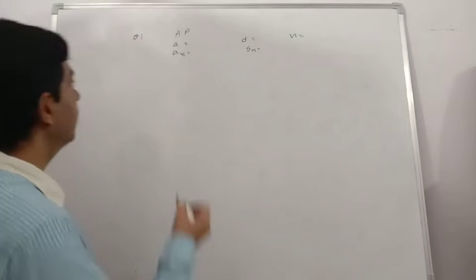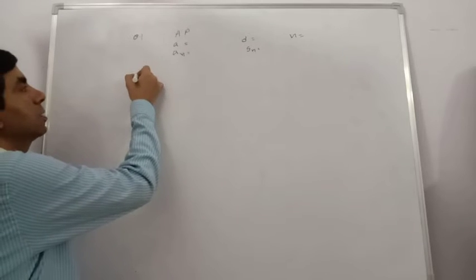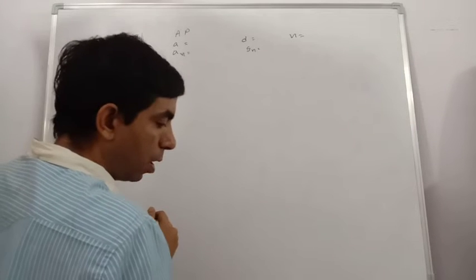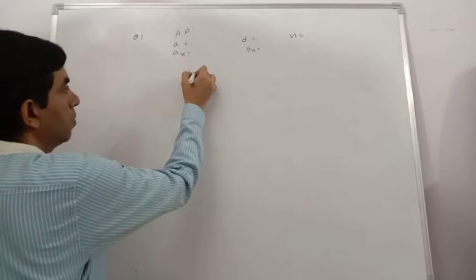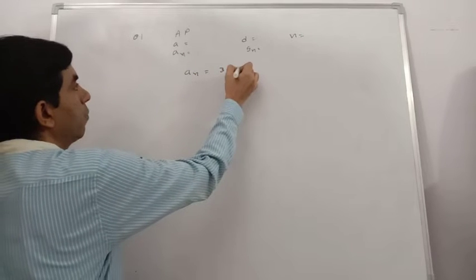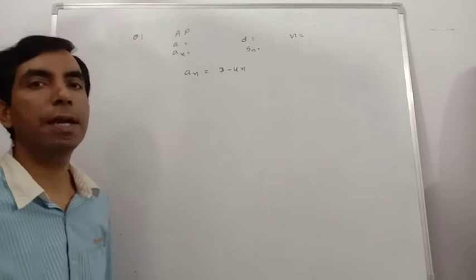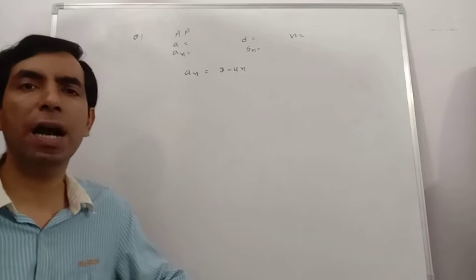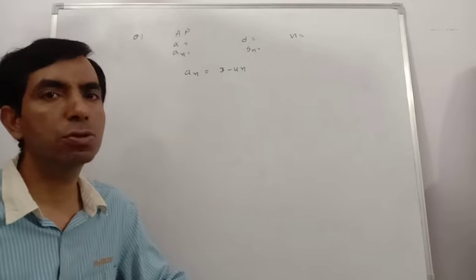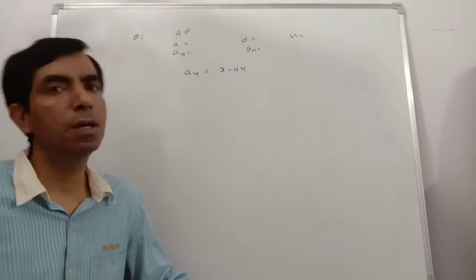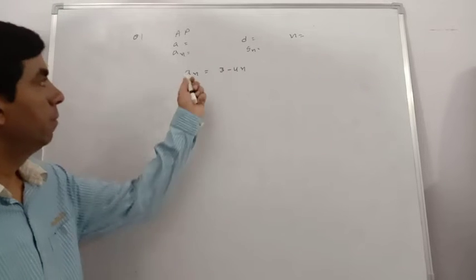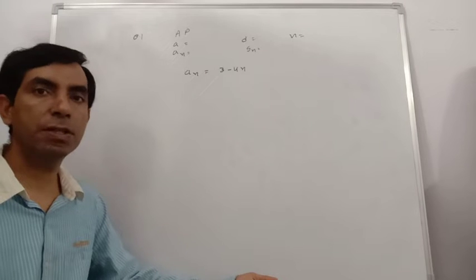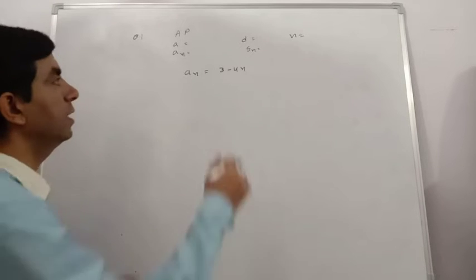Today we take some series conditions. Just like we have an AP series where An equals 3 minus 4n. Some students are confused here: A, D, An are nothing given in numbers, so how can we calculate it? We easily calculate. First write the value of n, because n is a natural number, starting 1 to 3 for finding 3 terms.